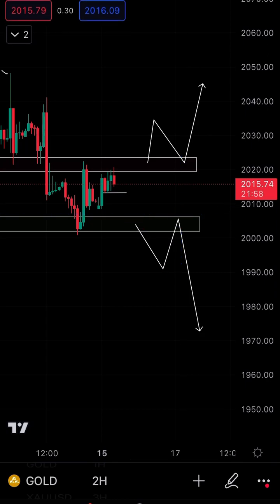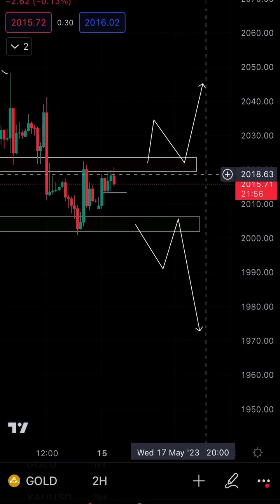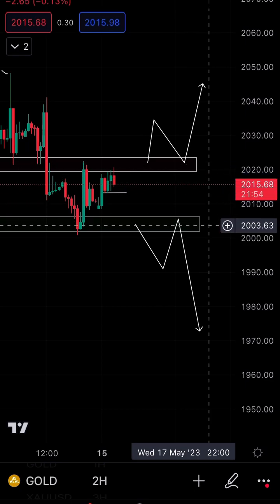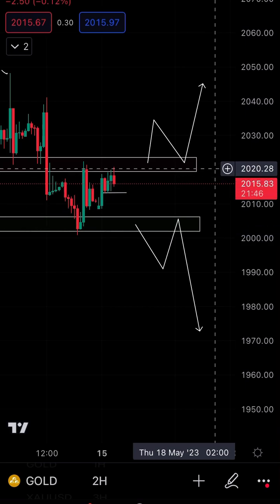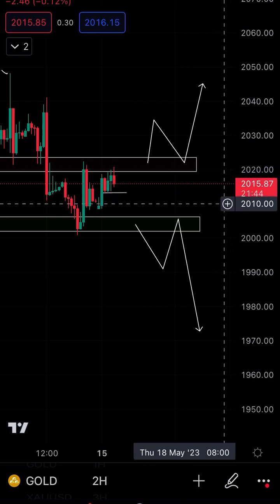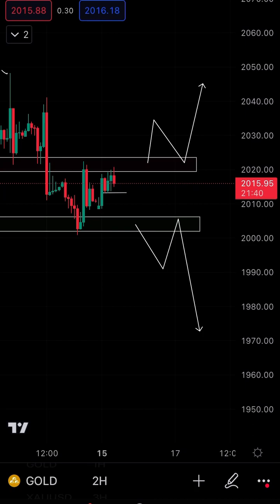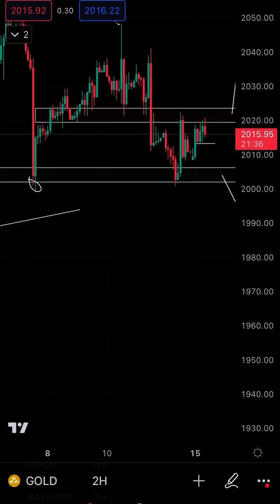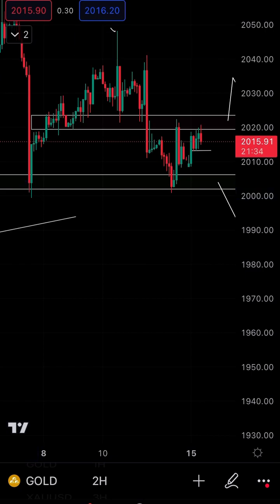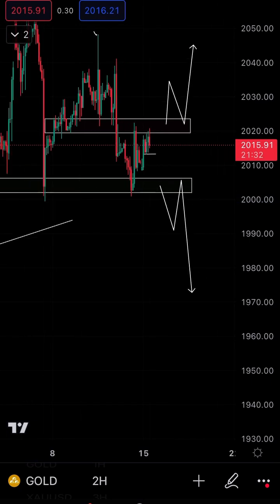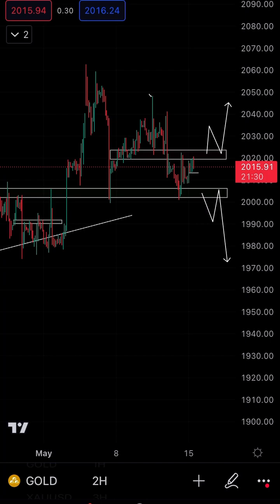So if you are selling, you should be selling from 2020 to probably 2010, 2003, the $2,000 area. Are you getting? So let me just say selling from 2020 to 2006, not bad, in case it turns to a consolidation phase. Are you getting? So whatever is happening right now is that, from the top, take it from the top,